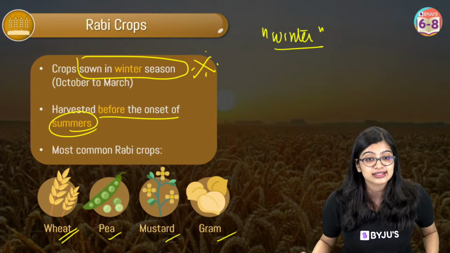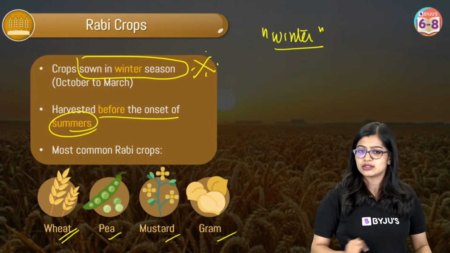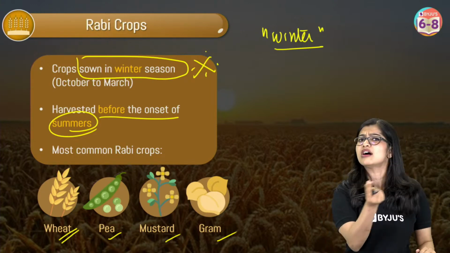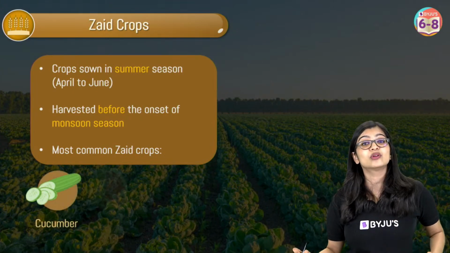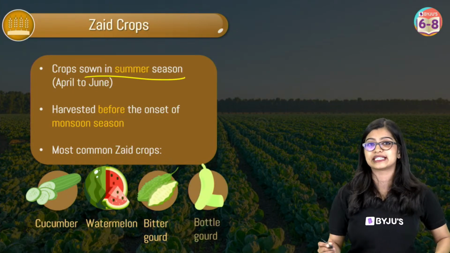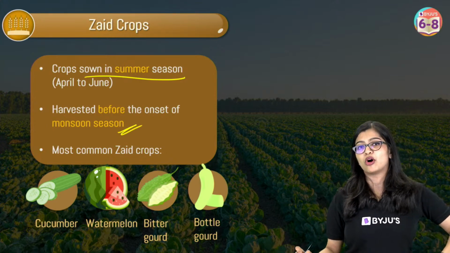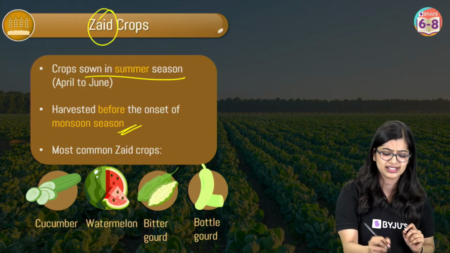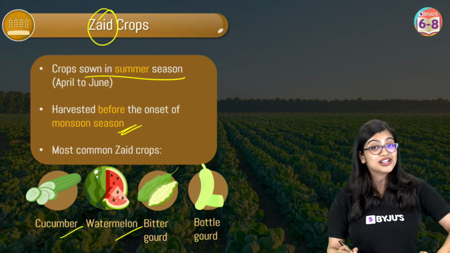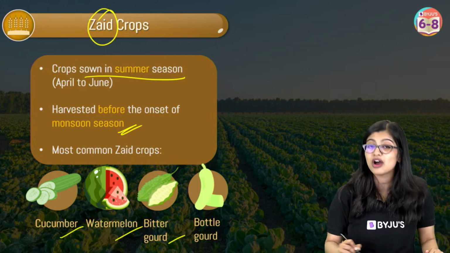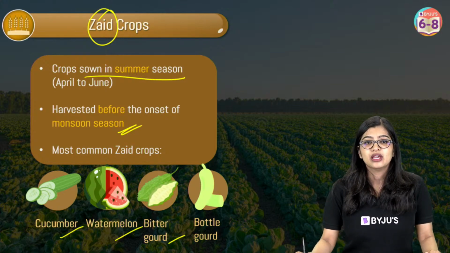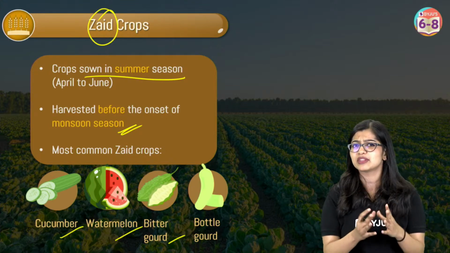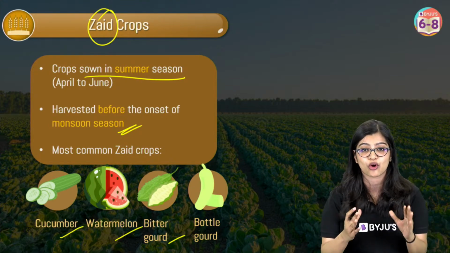But I can see that some of you are still saying that Zaid crop is not there. I'm telling you that Zaid crop is just a term that I am giving. There are some crops which are sown in the summer season and harvested just before monsoon. We call them summer crops, and Zaid is just a term that we are giving to it. It's nothing big. Cucumber, watermelons, pumpkins, bitter gourd, and bottle gourd are all examples. Even though it is probably not part of the syllabus, it is good to know about Zaid crops because it is also a crop type.